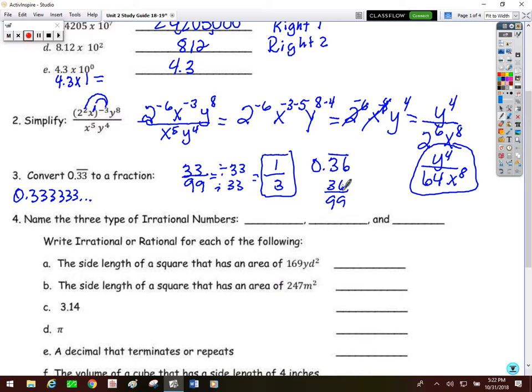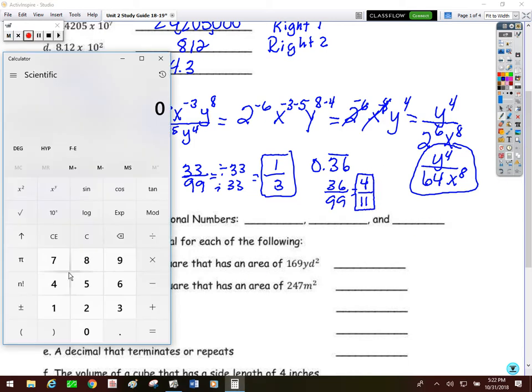Well, if I reduce this, 36 over 99, let's just say the greatest common factor would be 9 again here. So 36 divided by 9 is 4. 99 divided by 9 is 11. All right, so if we put 4 divided by 11 in our calculator, I get 36, 36, 36, 36. Okay, if you would have done it the other way, 36 over 100,